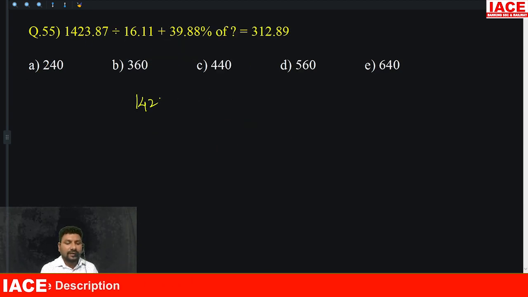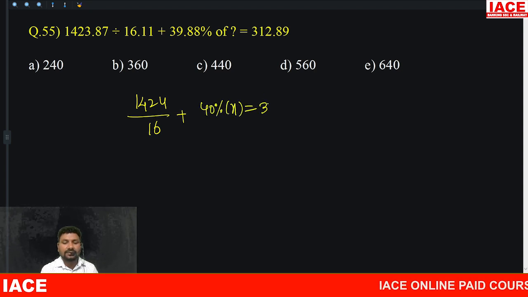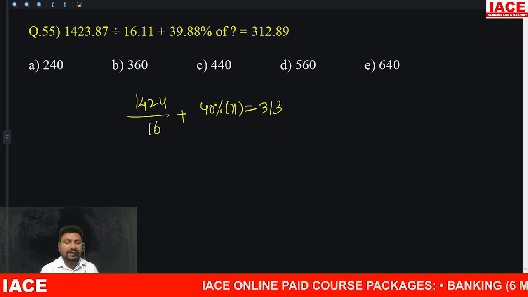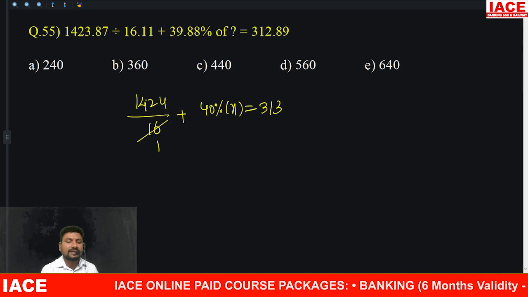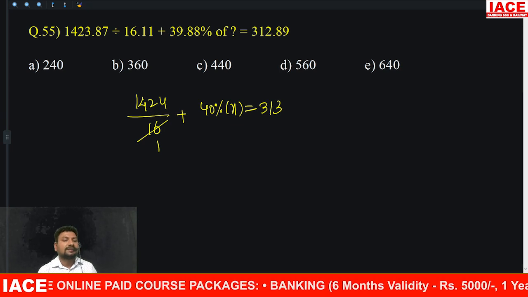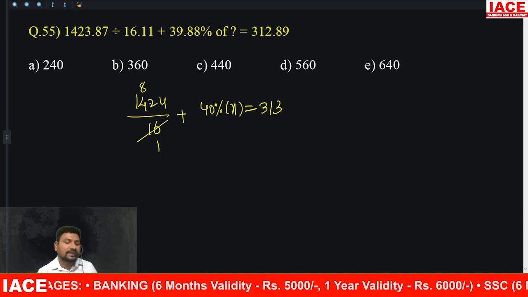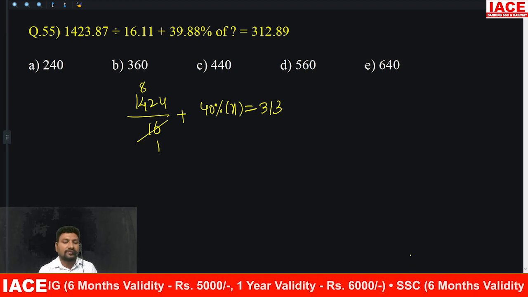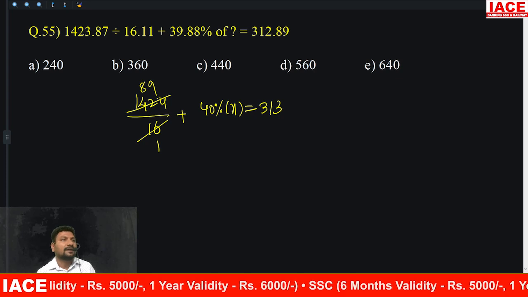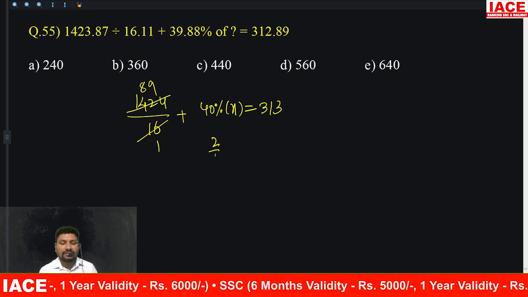You can write 1424 divided by 16 and 40 percentage. 40 percentage of x, which is equal to 313. Cancel with 16. So if you cancel with 16, what will happen? 16, how many times it goes? 16 8s are 128. 128 means remaining is how much? 144. 16, how many times? 9. Then 89 is removing from